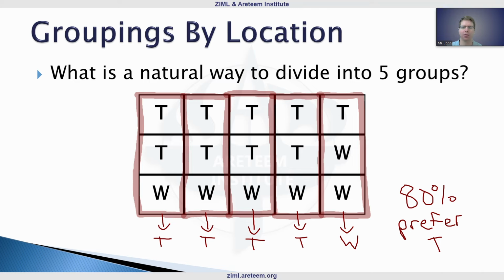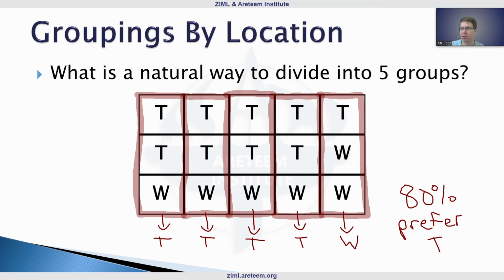We have more groups preferring Star Trek than in the actual real world, but in a lot of ways that might make sense. In our state example, if these were 5 different states, then it does make sense to say 80% of the states prefer Star Trek. That does make sense, and as long as you have a sensible way of doing those groupings,